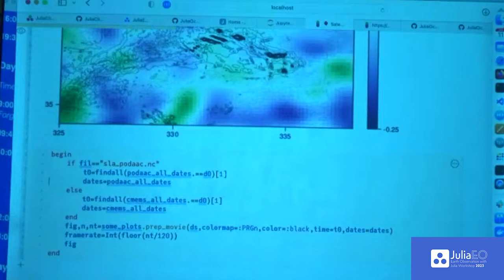So here you're looking at the code that just selects based on the value of this file that you get from the widget. Just one question. Yeah. Which notebook are you running? Because I'm trying to figure out